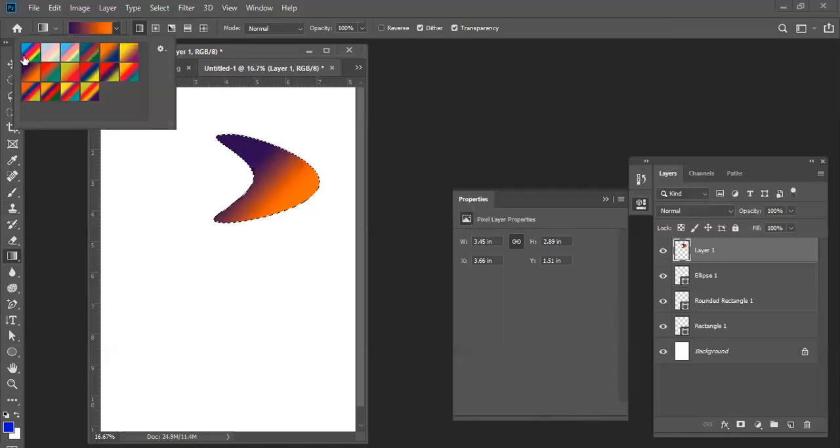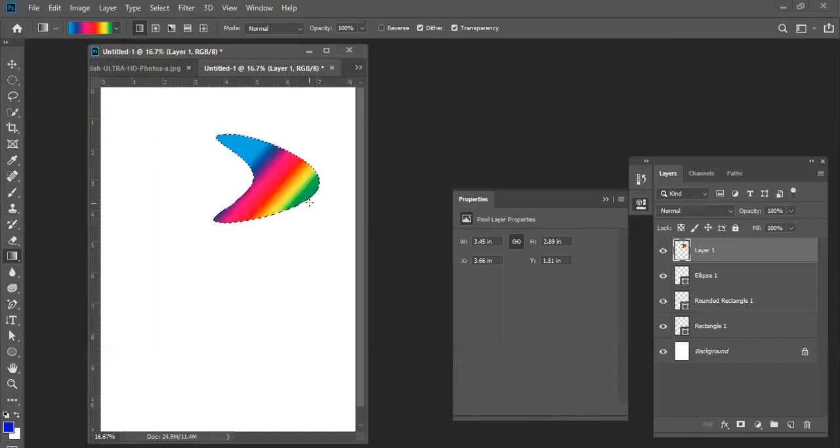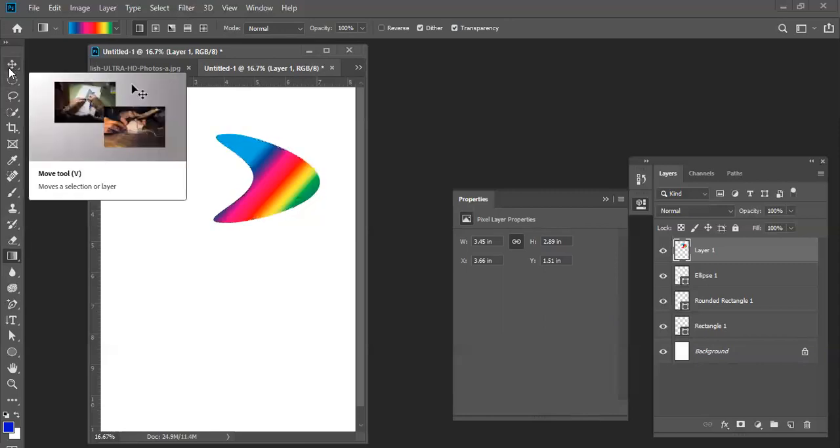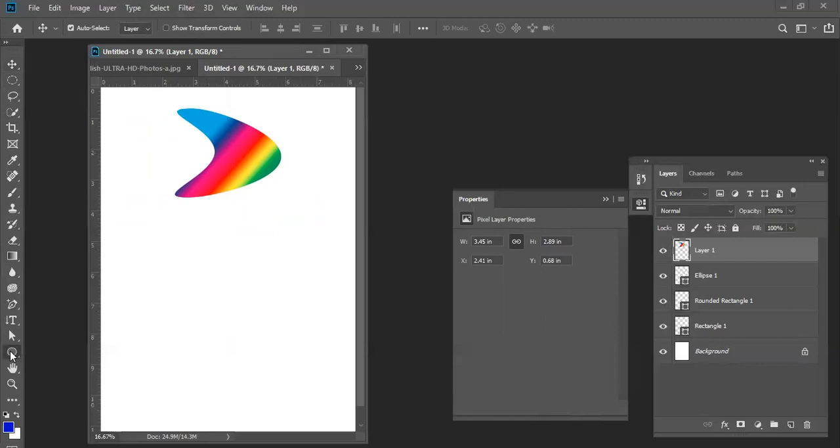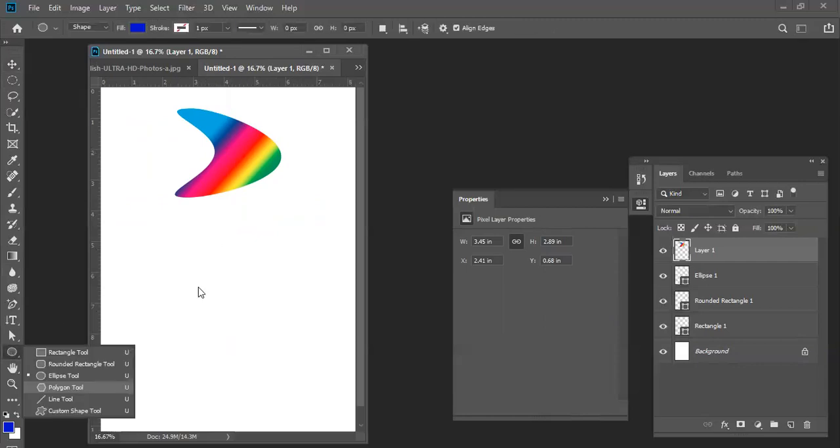Or if you want to apply a gradient in this, select the gradient. If you want to change the gradient, you can change it from here. There are a lot of options. See, after making the selection and filling inside with any color or gradient, then deselect, and you can use the move tool. Right now, this is not a path, this is not a pen tool shape, because we converted it to a selection and filled some color or gradient inside. That is the reason.